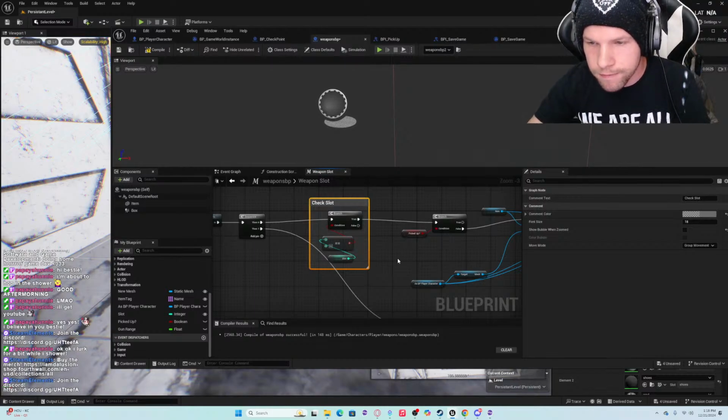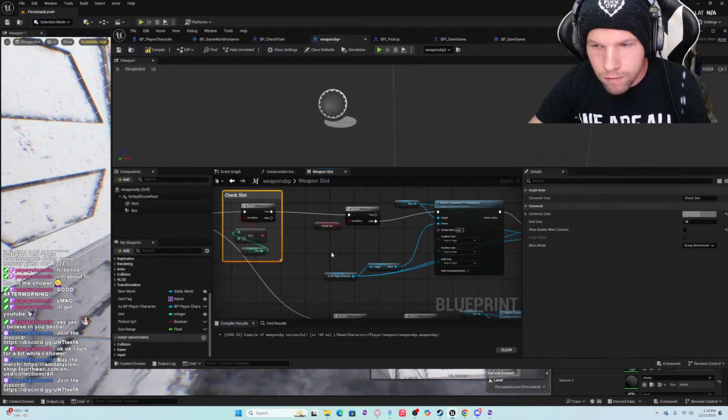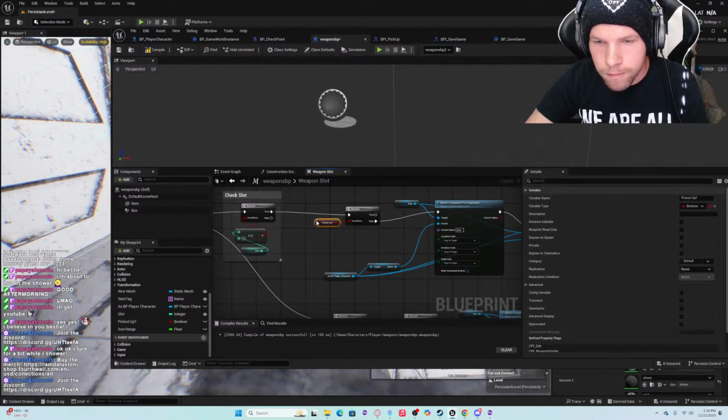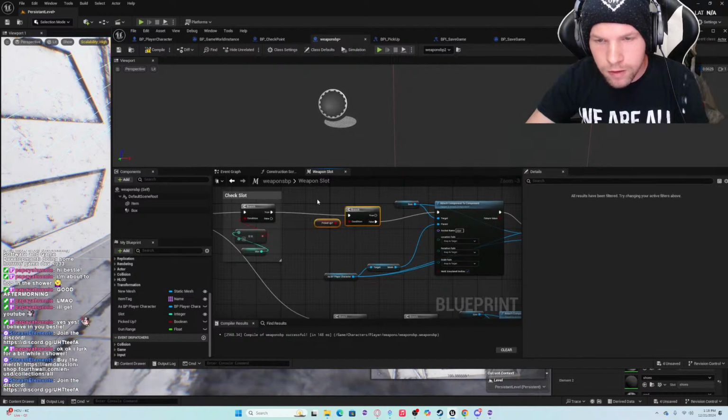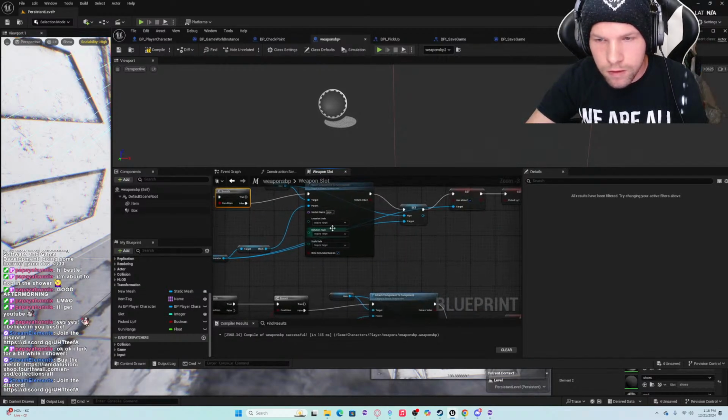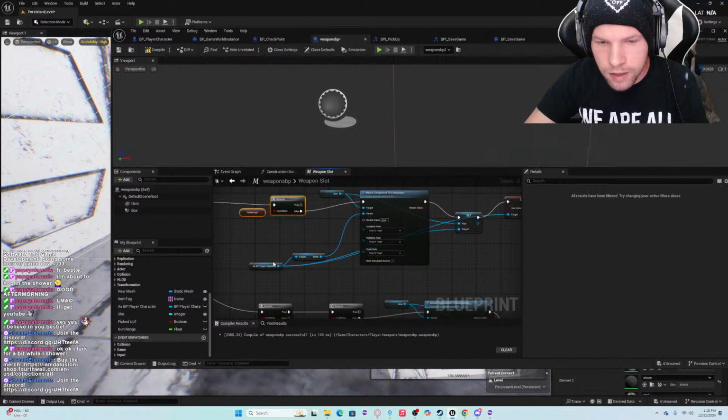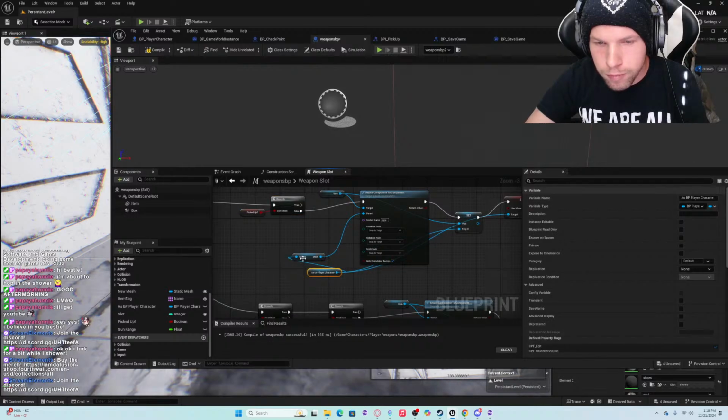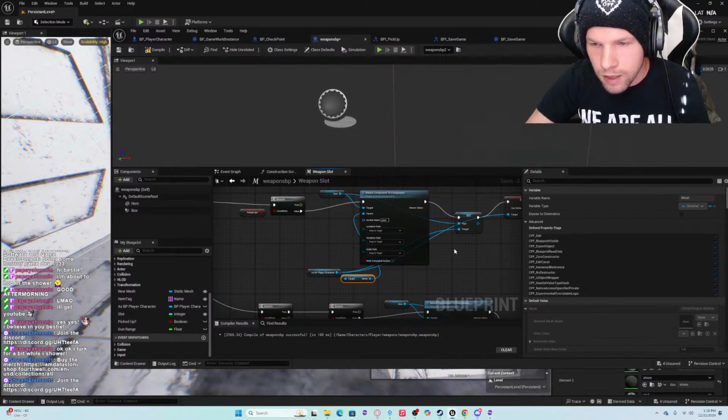Check slot. Picked up. Attach it to the player socket.